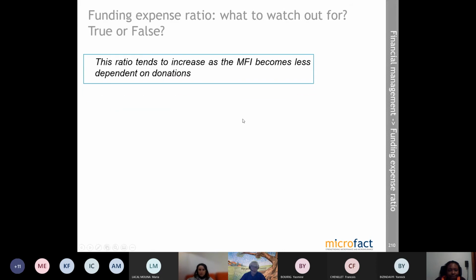So I want to show you colors again. This ratio tends to increase as the MFI becomes less dependent on donations. When you become mature,